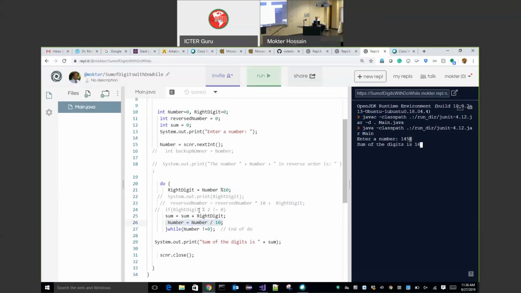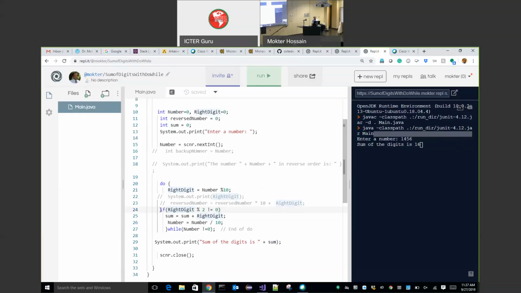Okay, so now let us do what I want to do. We want to find the sum of only what digits from a number. How can I do that? Think about that. The logic is that when I find a right digit, I will check if my right digit is an odd digit. How can I check that?